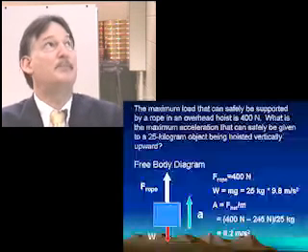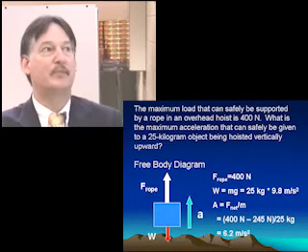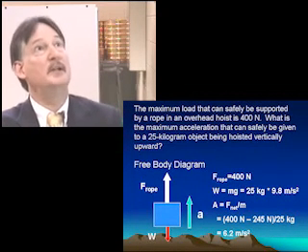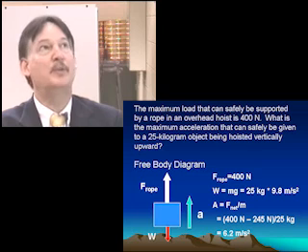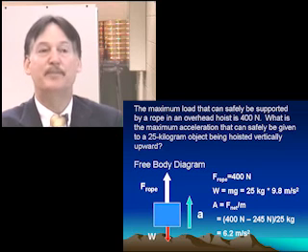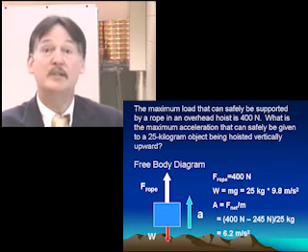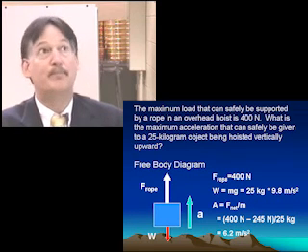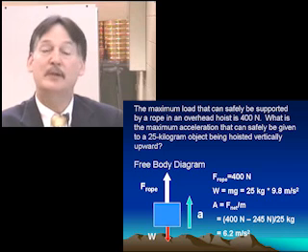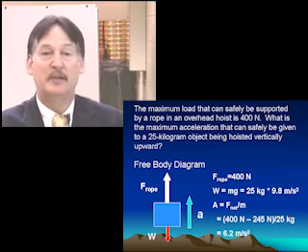Here we see an example in which we have an object that's being supported by a rope in an overhead hoist. And we're told that the rope can withstand 400 newtons of tension. In other words, if we hung something on this rope that weighed more than 400 newtons, the rope would break. Okay. Now we're going to accelerate this mass upward with this rope on this hoist, meaning the hoist is going